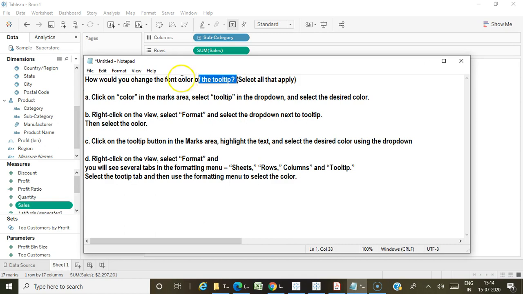Let me tell you the most difficult part in the Tableau certification exam, Desktop Specialist, is the multiple answer questions. It's not multiple choice, I'm talking about multiple answer questions. That is, there will be two or more answers for the same question.